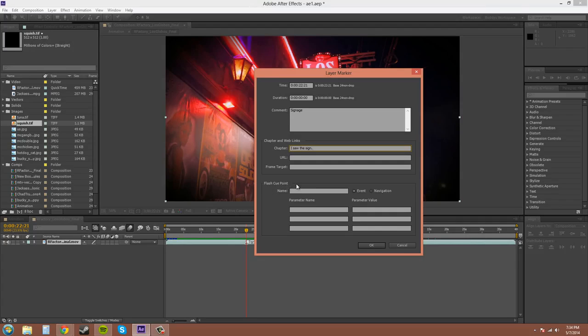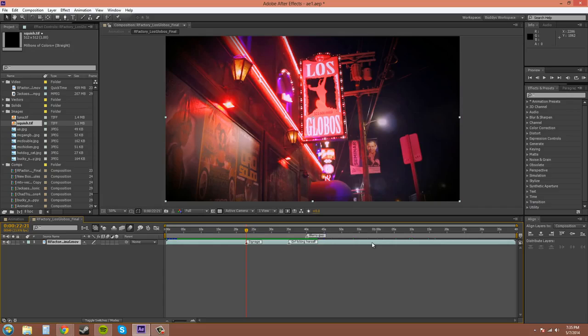The flash cue point down here is for Adobe Flash, and basically what it does is, let's see, how do I explain this? The markers are embedded in the FLV movies when you render. And I think that's the best explanation. If it doesn't make sense to you because you don't use Flash, just keep it in the back of your mind, and at some point you may want to learn how to use Flash for the web and stuff like that. So I'm just gonna hit OK, and